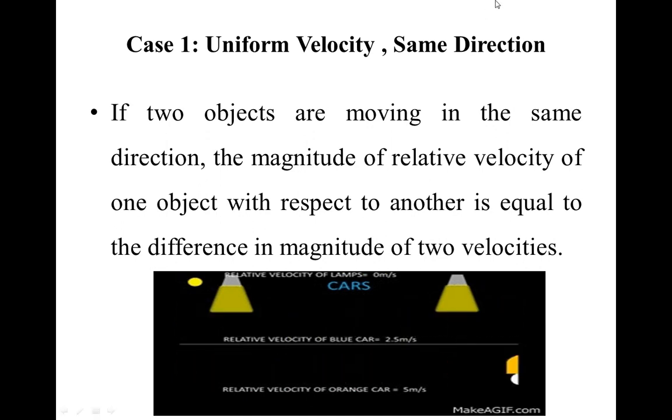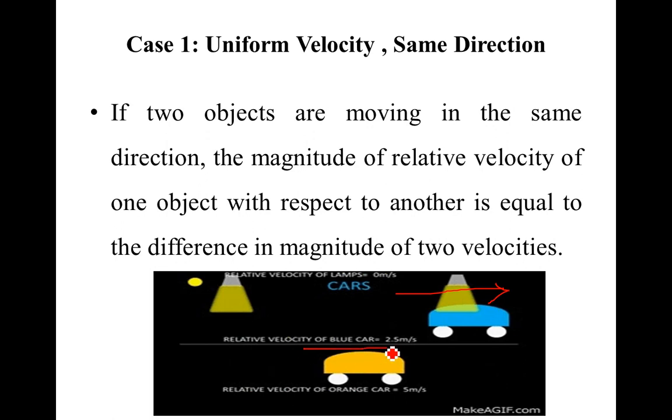So as it is moving in the same direction and with the same velocity, the magnitude of the velocity will be simply the difference in their magnitude. How this is happening, you can understand from the picture here. You can see one car is moving at this velocity here and the other car is moving in the same direction, and it has moved only till this point. So how much this particular car has to cover still is this much distance.